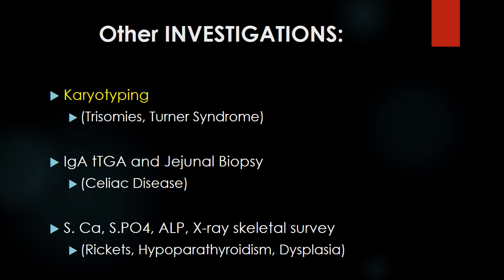Karyotyping would be very important in conditions where you think it is associated with a syndrome. One would also look for malabsorptive syndromes like celiac disease by doing transglutaminase antibodies and the biopsy. If there are skeletal abnormalities like rickets or hypoparathyroidism or dysplasias, you would do the bone chemistry and X-ray of the